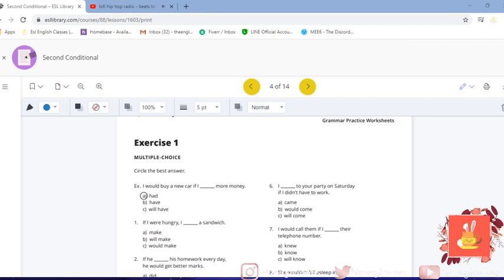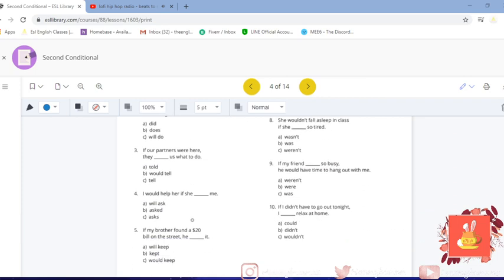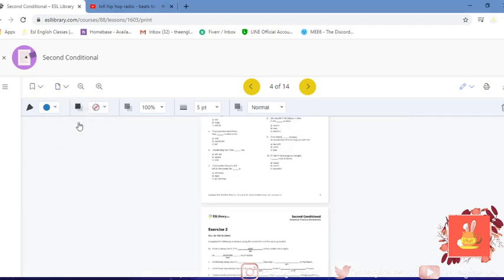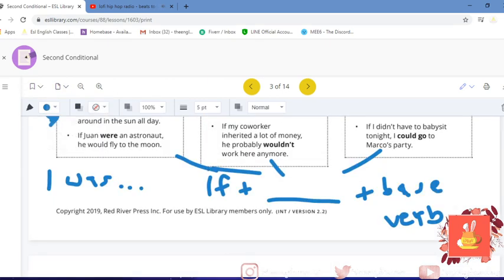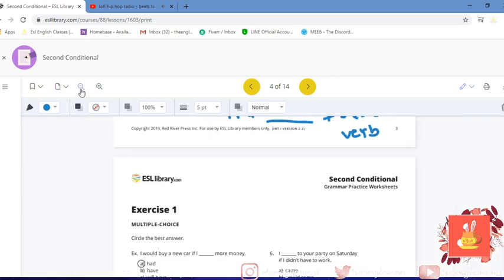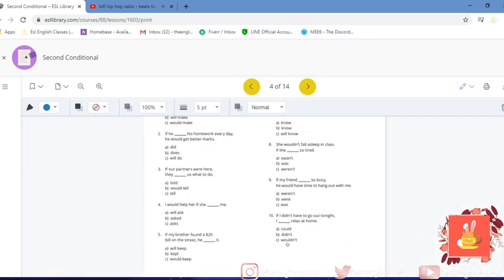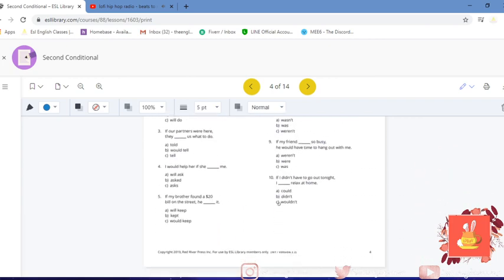So while I go ahead and do that right now and explain that in the announcement page, you guys go ahead and do exercise 1. Unfortunately, I don't think I can make the screen any bigger. What is this? Full page? Yeah, it destroys the quality if I do full page. I'll do full width. So you guys will be doing exercise number 1, which is number 1 through 10. So go ahead and post your answers in the classroom A, and then I will grade it with you guys